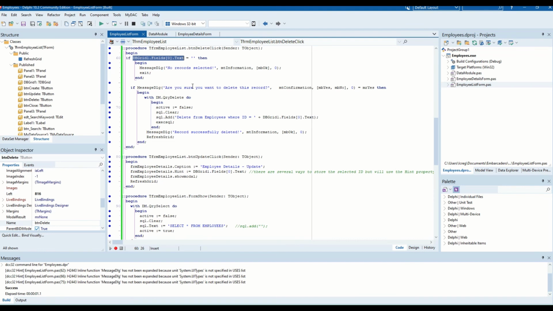That's basically the primary key in the employee table, right? So in that case, we cannot have it blank. If it is going to be blank, then we just prompt the user that there is no record selected. And if there's already an existing value for this selection, then we prompt the user, are you sure you want